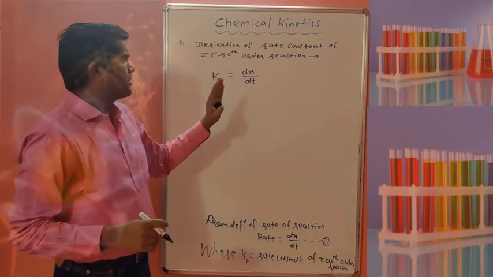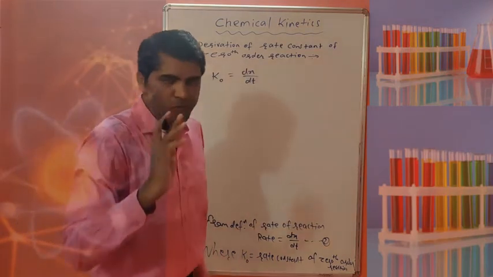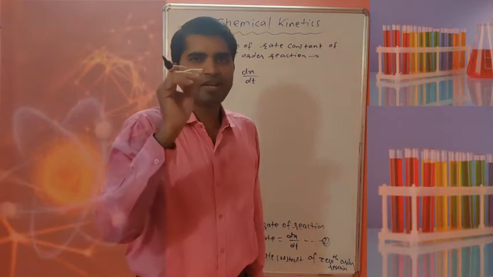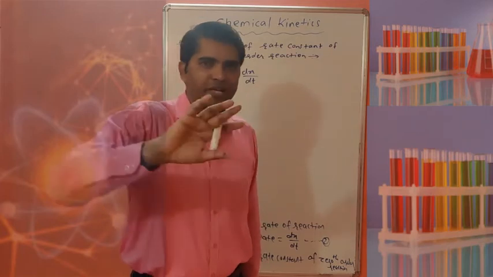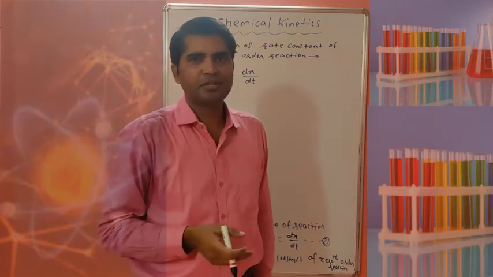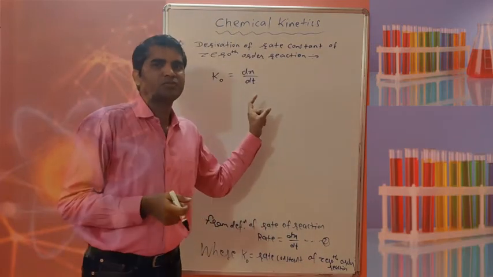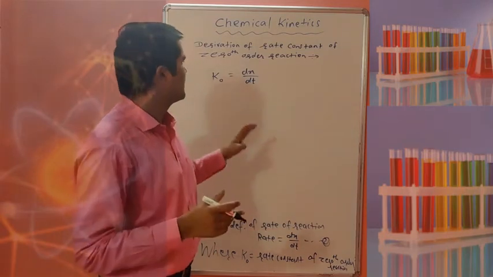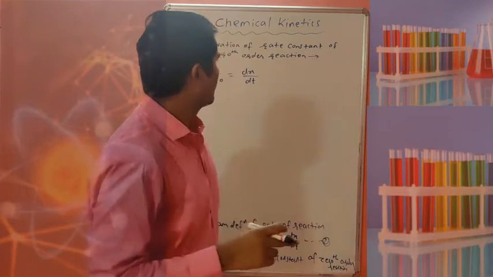So this is the equation, but I don't want this derivative. So how to remove the derivative? It is a very easy method. To remove derivative, we have to take integration, and to remove integration, we have to take derivative. So derivative and integration are inverse of each other. For that, we should know a little bit of mathematics and some formulae. If you know a little bit of mathematics, then you can easily solve this and remove this.